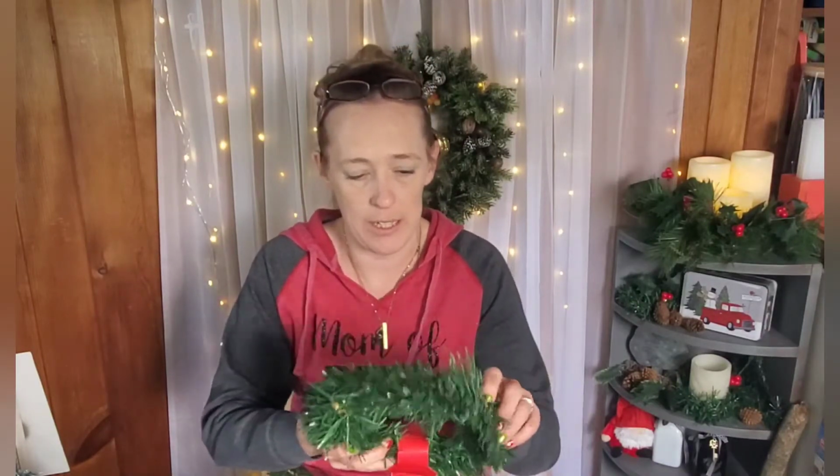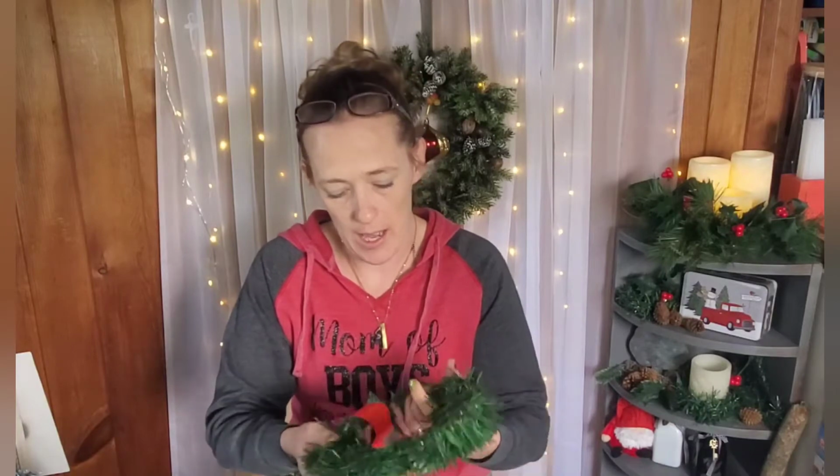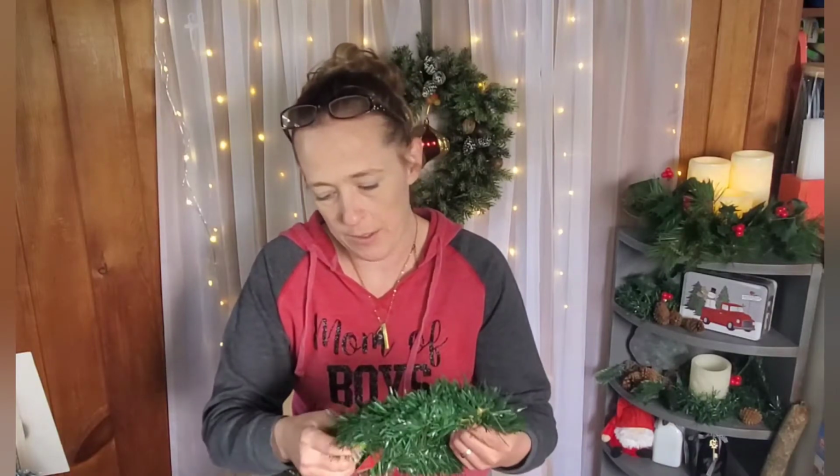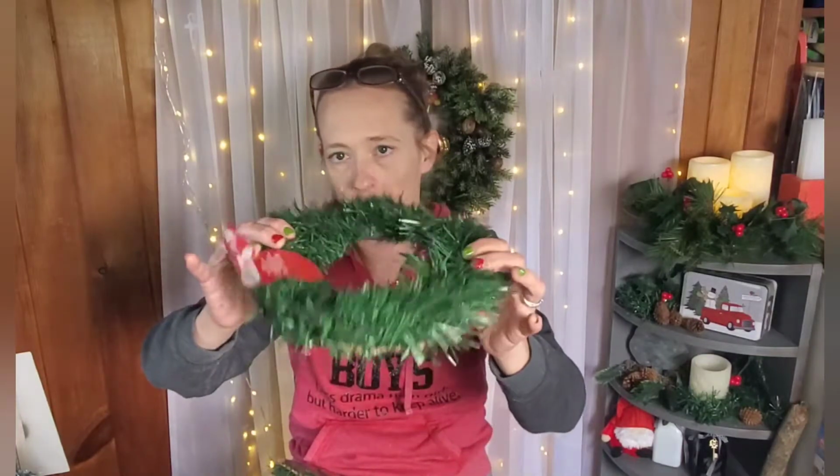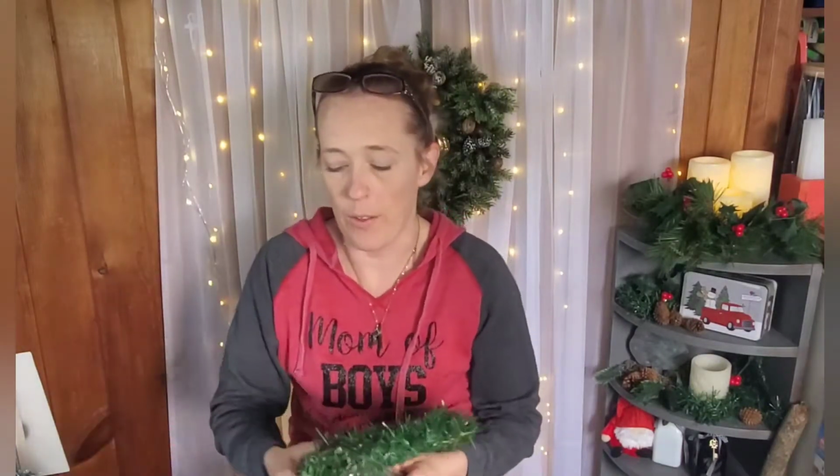Same thing with these. You could use this the same way. This is just the garland ties. I can't find the end of it, but it's just one big wire of greenery garland. But it would wrap around one of those trees. Now I do recommend, if you do that with a cone,